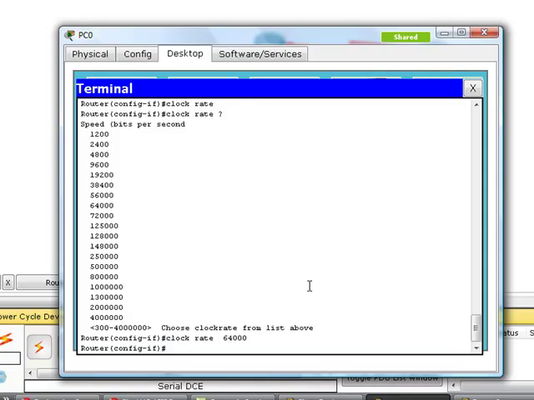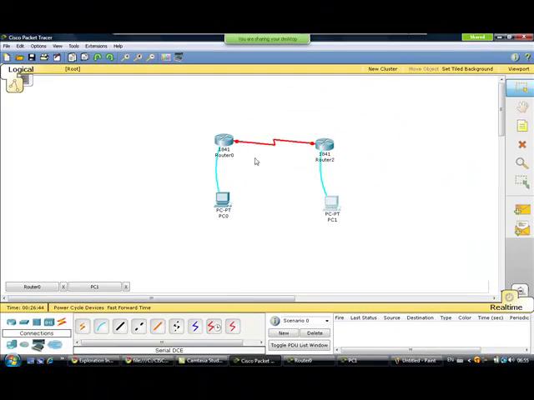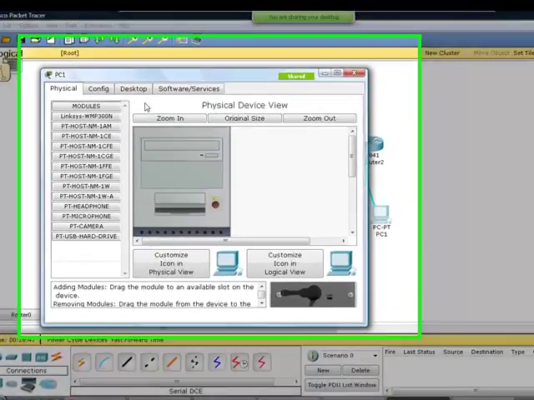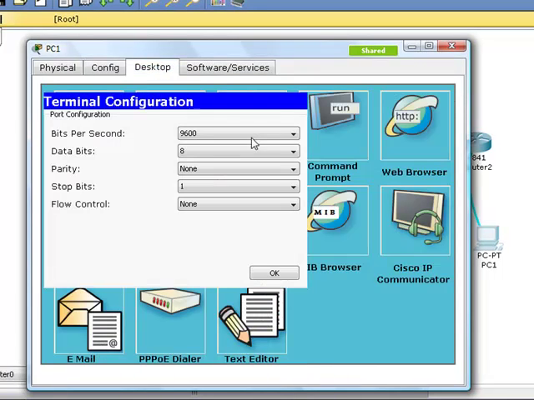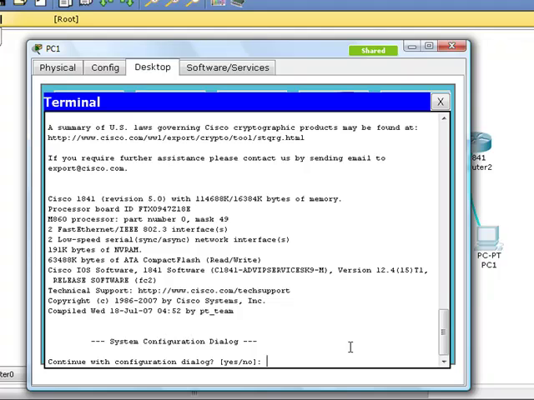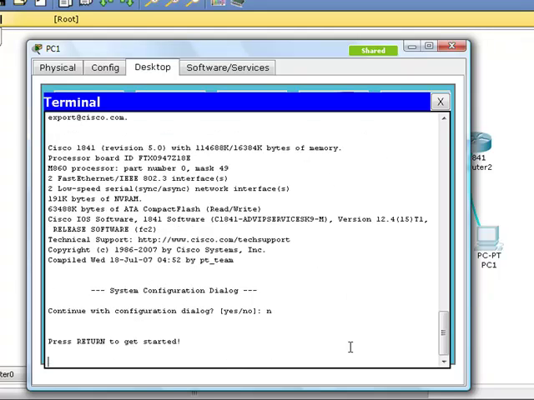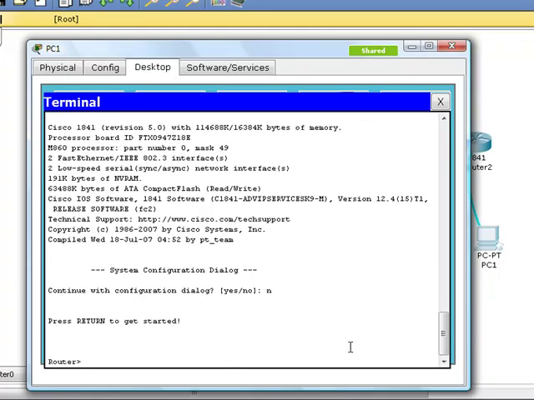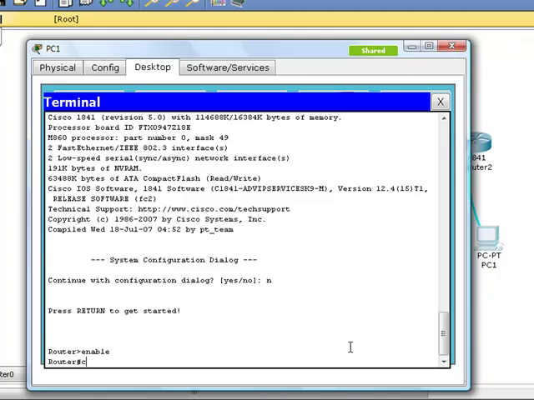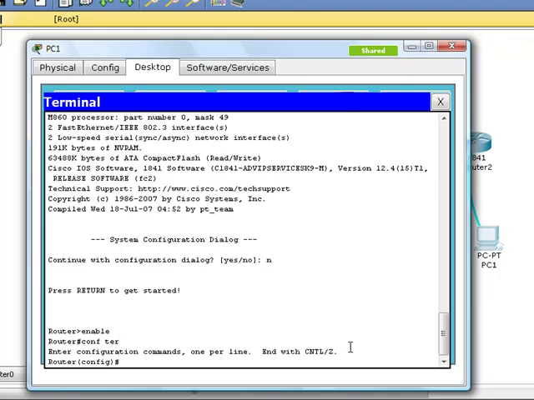Now I need to go ahead and configure the other interface. So I'm going to click on this router, this PC, and access the router using the HyperTerminal with the same settings. I won't use the dialog box. Okay, the configuration: enable, conf ter,